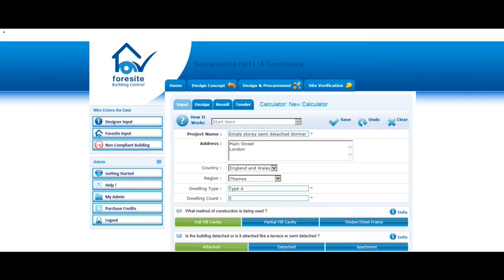The user inputs the project details. The country and region is used by the SAP 2012 to calculate the performance of the building. It is important that the user inputs the number of dwelling types at this stage because the software will only allow the number of projects shown to be imported into the online building control system,